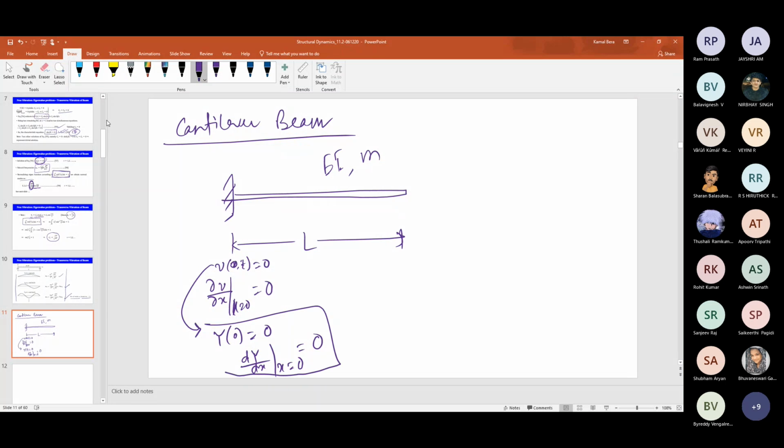This we have already understood, because V(x,t) is nothing but the variables, not Y, right? I am constantly writing, I think, V. Should I use V or Y? What would be easy for you? Tell me.